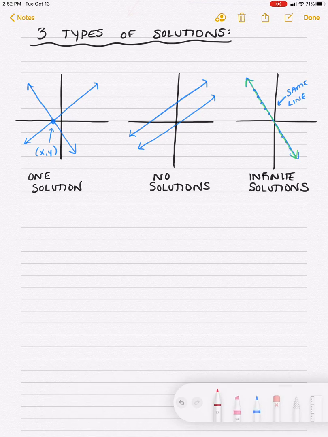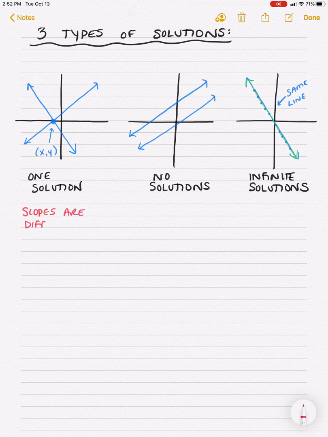What I want to do as a final note going through is I want to talk about what must be true about the slopes. Okay, when you have 1 solution, the slopes of the 2 lines, okay, are different. The slopes are different. If we have no solution, then the slopes, okay, are the same, but the y-intercepts, okay,